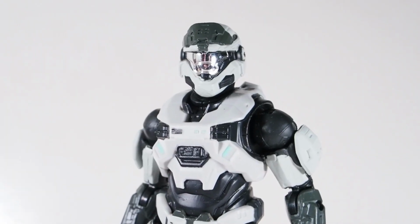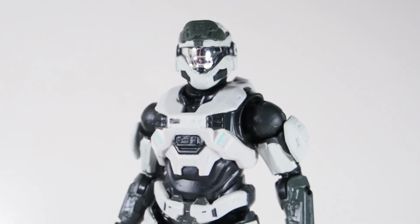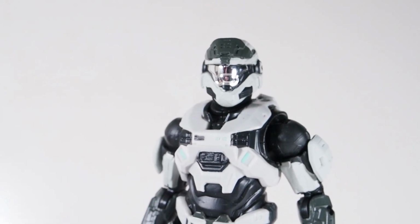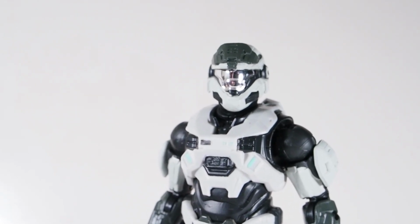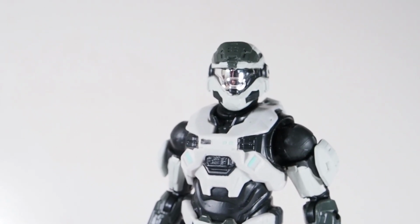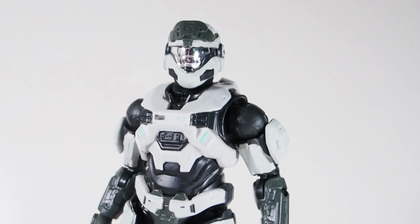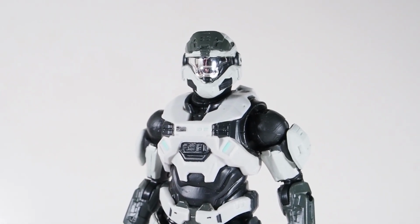And 5th on my list is another wave that came out, which I am very happy that someone's making. McFarlane Toys used to make Halo figures. They did a pretty good job with it. In the beginning, well, there's some hit and miss. The Reach line actually turned out quite bad with the weathering and all that stuff. I don't want to go over that anymore. That was a pain. But here we have another new company that's working on these, Jazzware, and they came out with 4